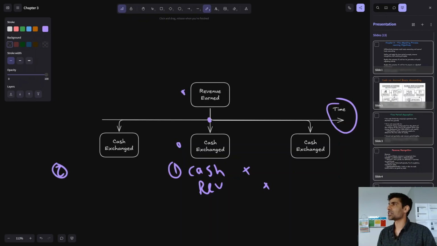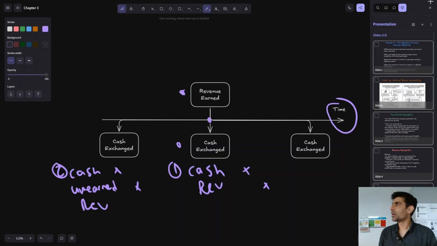Okay, what about in situation two here? You first receive cash before you've earned the revenue. So what should we do? We're gonna debit cash because we're receiving cash. What is my credit? Unearned revenue, exactly, right? So we've seen this unearned revenue. We agree? This is like when you buy your airplane ticket. You pay the cash to Southwest. They have a liability. They owe you a plane trip. So what happens when they earn it here?